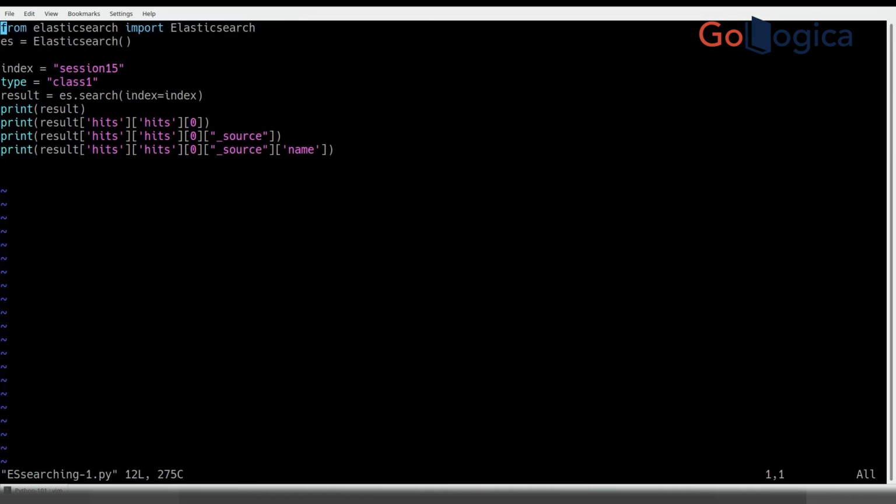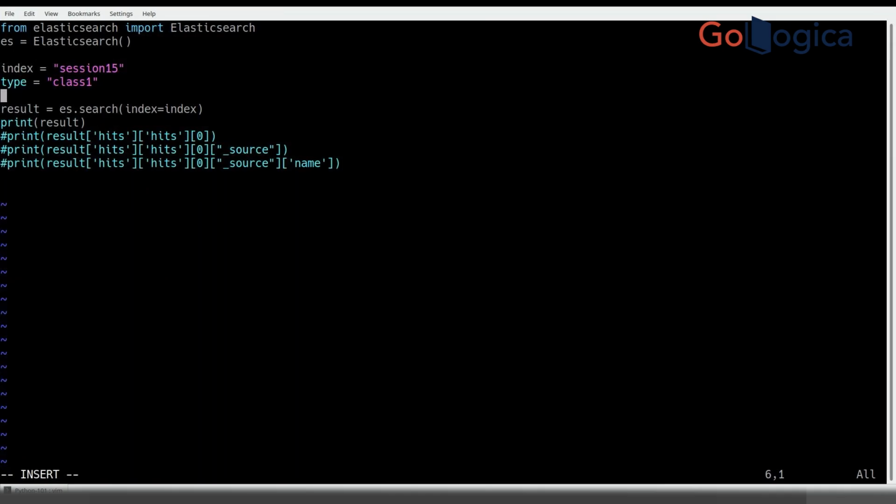On the first line I'm importing and creating the object over here. Now I'm issuing the es.search. Do you see the items over here, right? Now I want to comment it out and show you only a few lines. We just ran the command, right? This command. I'll show you the command here. Get the index name, the type name,